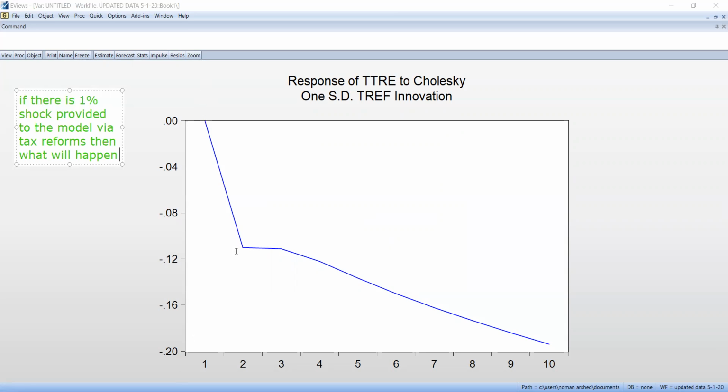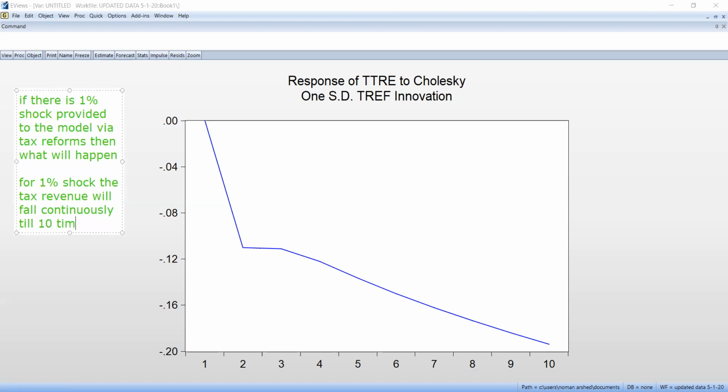Then in the second time period the tax revenue will fall. In the third time period it will stay stable, then it will fall. So this graph is showing that for a 1% shock, the tax revenue will fall continuously